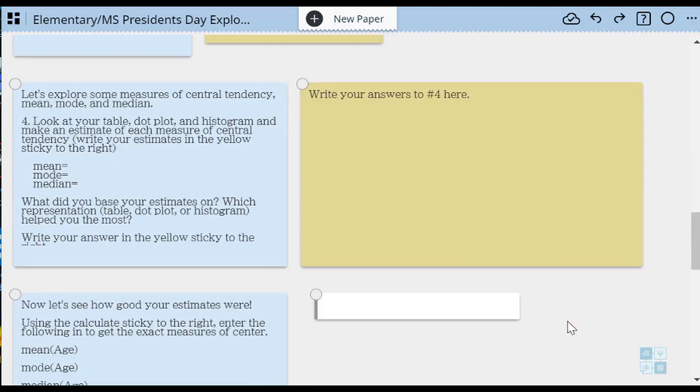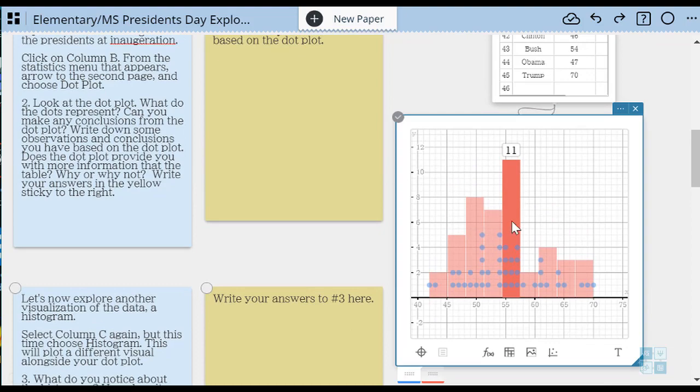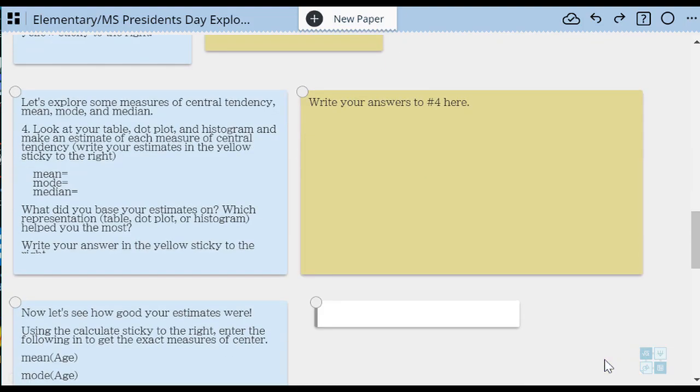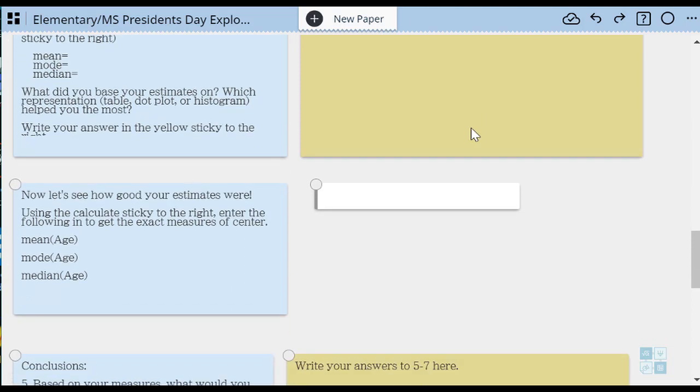Then we come on down to, all right, so you've got a histogram, a dot plot, and a table. Can you make some conclusions about the mean, the mode, the median without actually calculating it? Do your tables help you? And so the first thing we ask is to get them an estimate, trying to help them make that connection between the visual representation and that numerical representation. Once they make their estimates and explain where they got those estimates from, then we have them actually